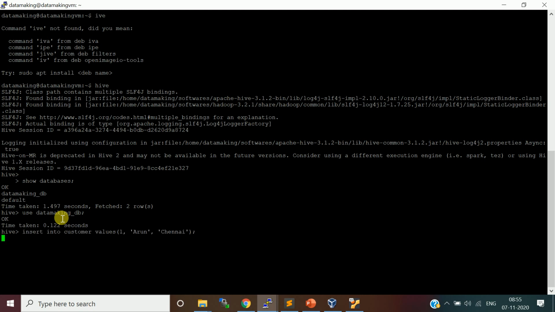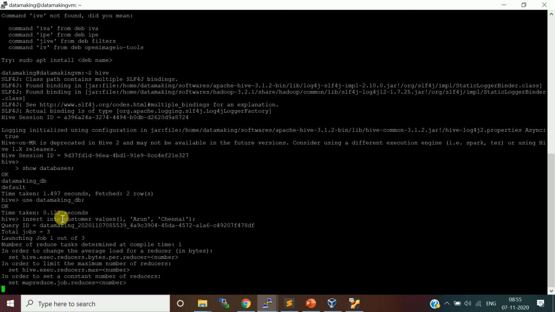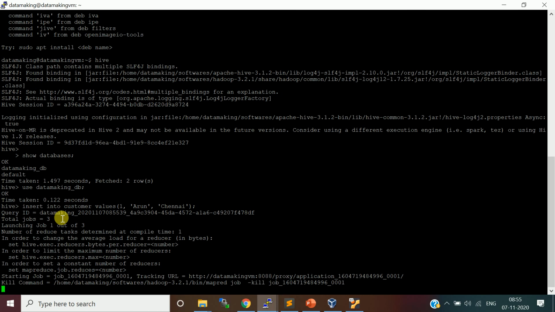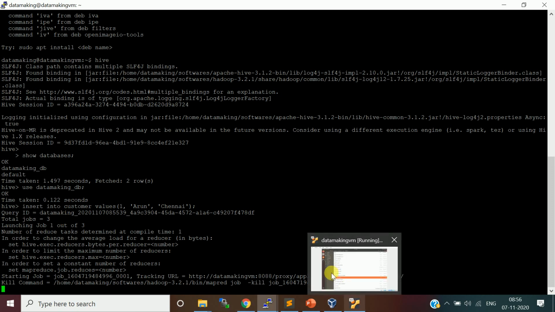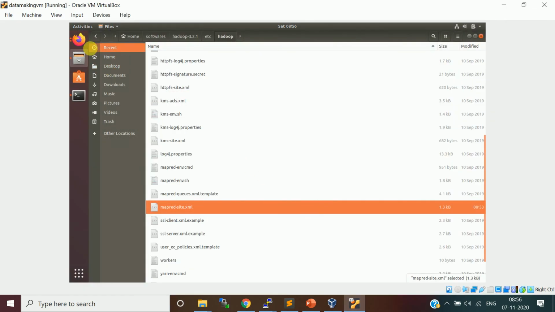I'll run this insert statement. Again, it is going to generate the MapReduce job, and let's see what is getting inserted. Somehow it is not opening in the YARN dashboard locally. Go to the VM and just verify that.